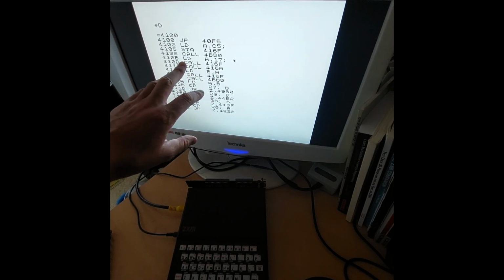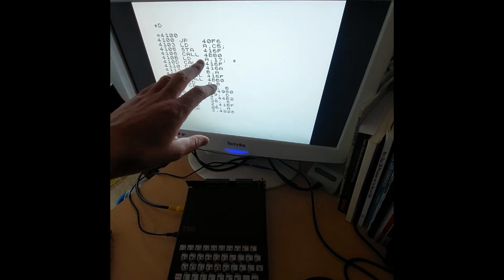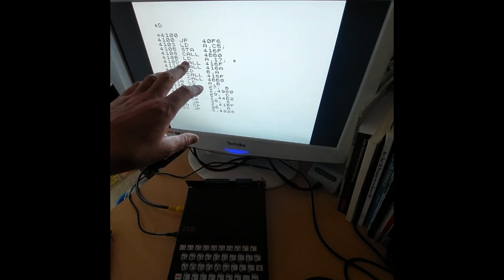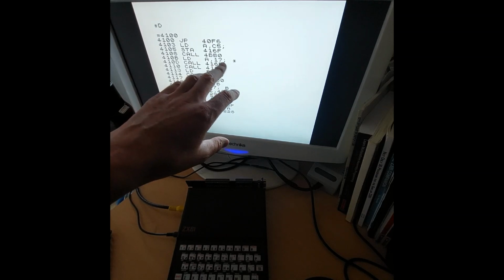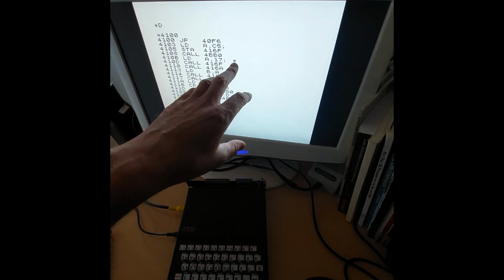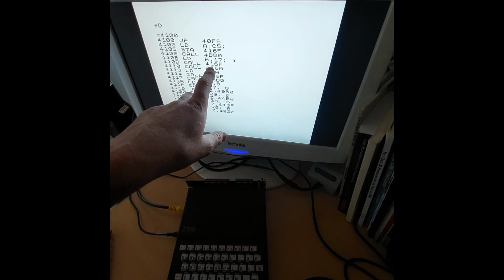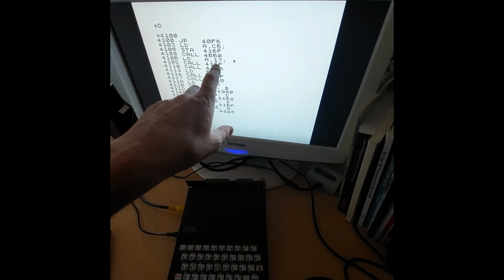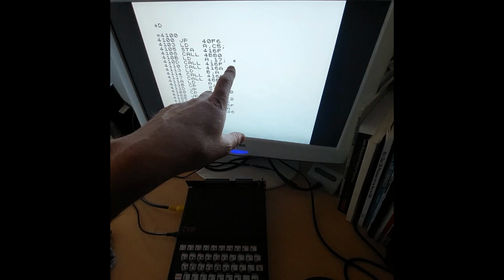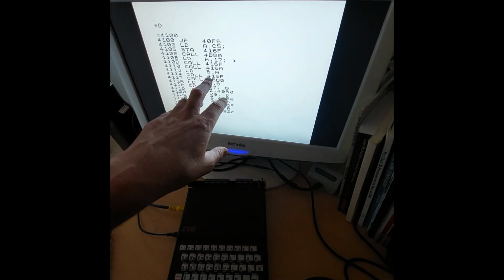Some of the things: there's some initialization code, it calls some subroutines. LD A, 17, that's actually the hex code for asterisk in the character set for this computer. So you can see it's loading A with that, and I think these subroutines are basically to print out that character, because that's what you see as the prompt. You can see up there, that was what we had. And